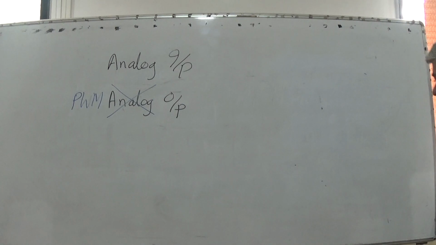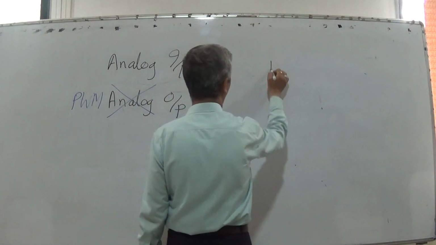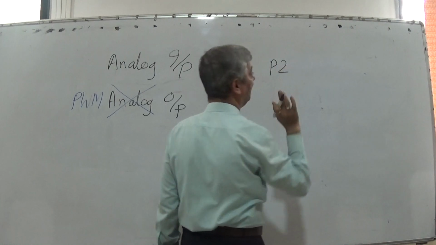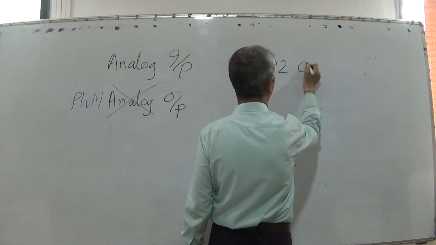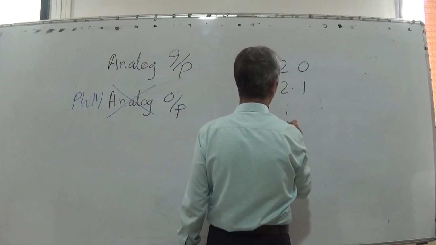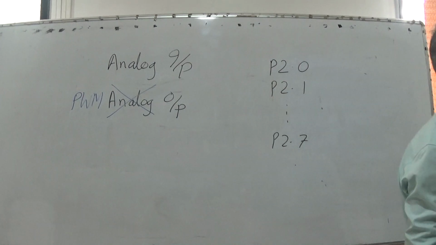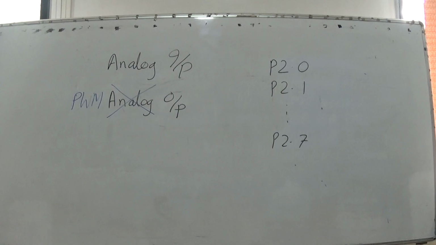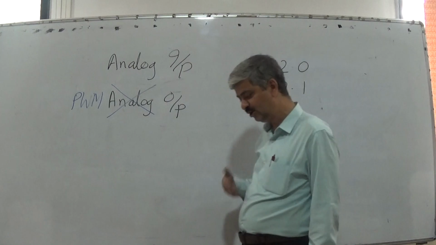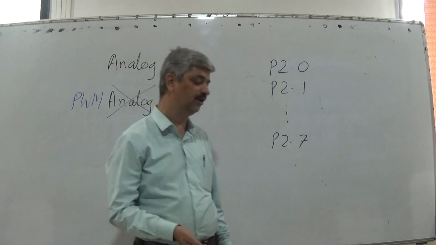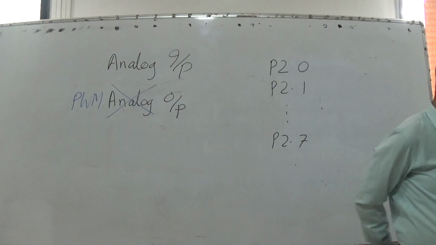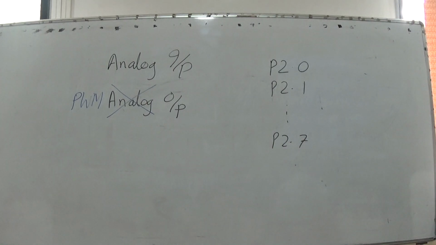So for example, if say port 2 is for ADC, having 8 pins, port 2.0, port 2.1 up to port 2.7, and the ADC is a multi-channel ADC, meaning you can read 8 analog inputs, and each analog input is converted into an 8-bit digital output, as we had discussed in the lectures